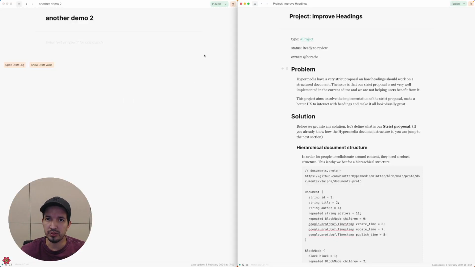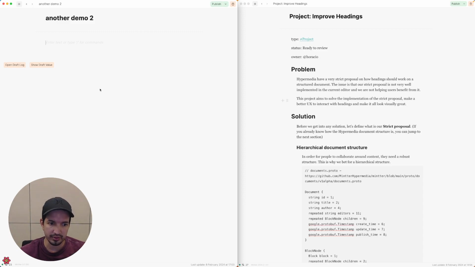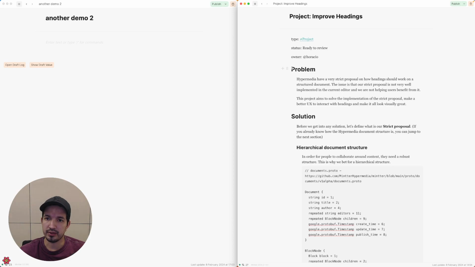I wanted to create a video about this new feature that I'm working on in the editor inside Minter. So as you can see, the right side is the current production application and the left side is the dev application, the dev mode. As you can see here,